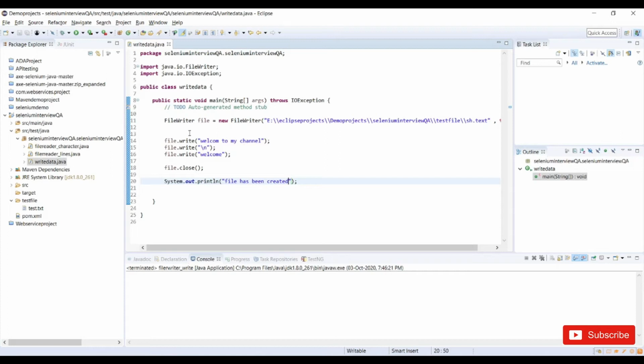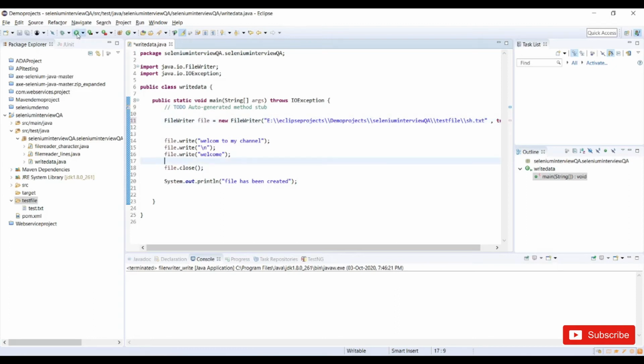And I'm using this project location, which is test files. Currently I have only test.txt. Once I run this program, it will create a file with the extension sh.txt.